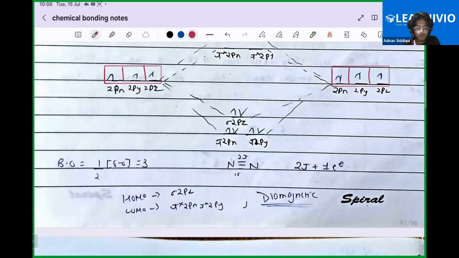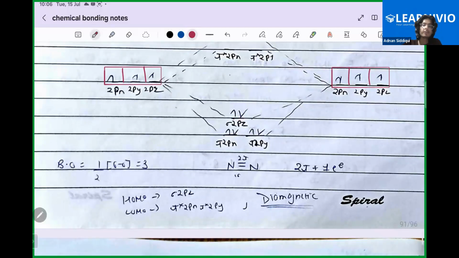We will observe that our bond order is 3, and we have 2 electrons in our sigma 2pz orbital. That means we have a sigma bond and 2 pi bonds. So it is a triple bond, right? 2 pi bonds and one sigma bond. So if that means triple bond, then